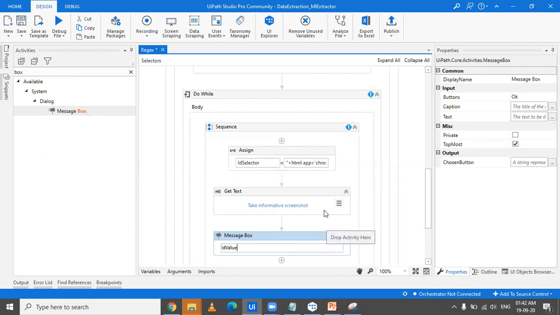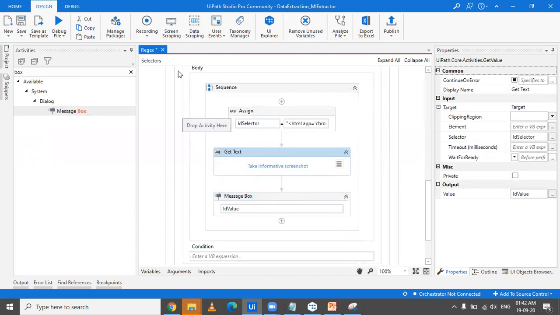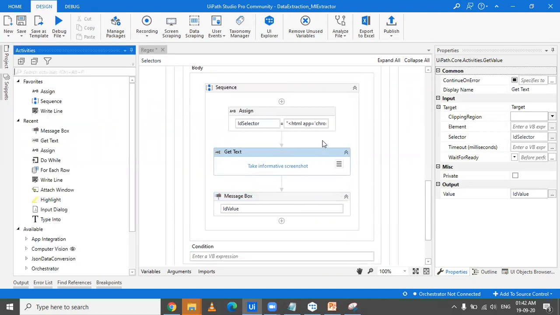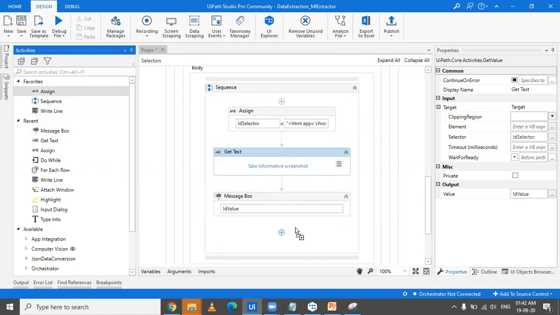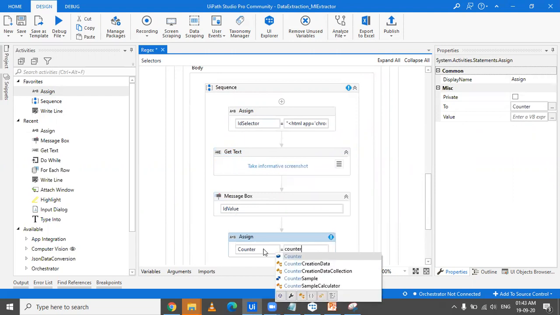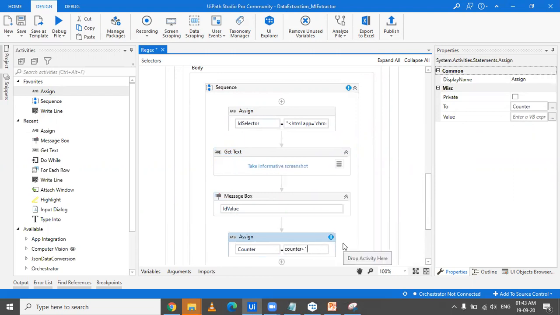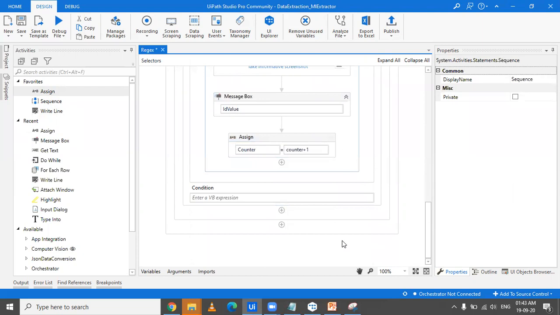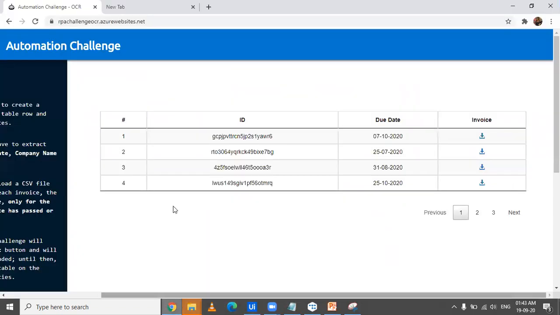Okay. And once it's done, we have extracted the first selector, the first row. Post this, we have to increment the value of the counter so that it picks up the next selector. So we have incremented the value by 1. And we also know that this is row 2, this is row 3, and this is row 4, if I'm not wrong.